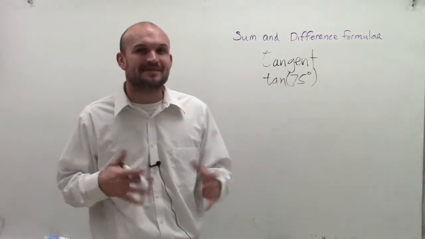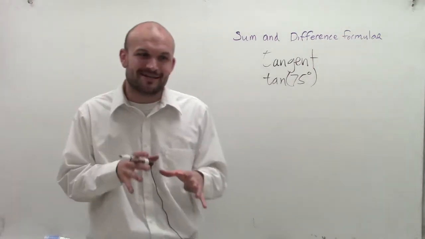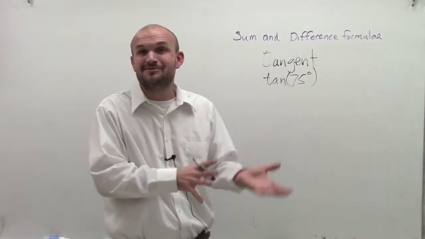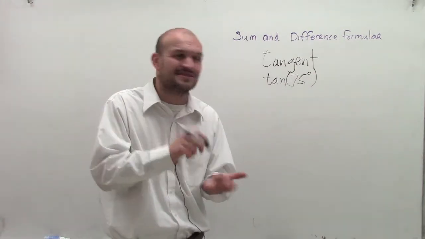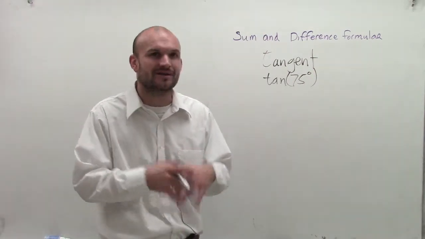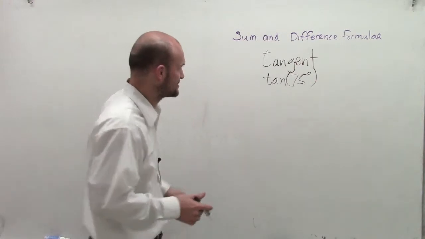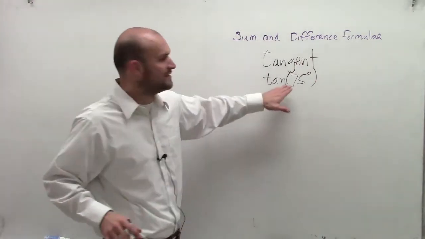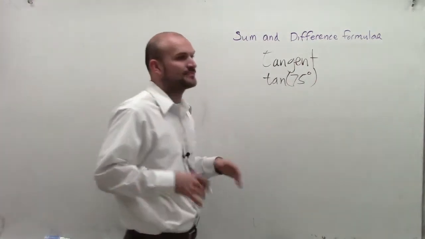And a lot of times, the tangent function gives kids a little bit of cringes because they know, at least on sometimes unit circle, you're always rationalizing denominators, all this kind of stuff. And guess what? Tangent's going to be a little bit more difficult, a little bit more work compared to our sine and cosine functions. However, if I want to evaluate for the tangent of 75 degrees, I can use my